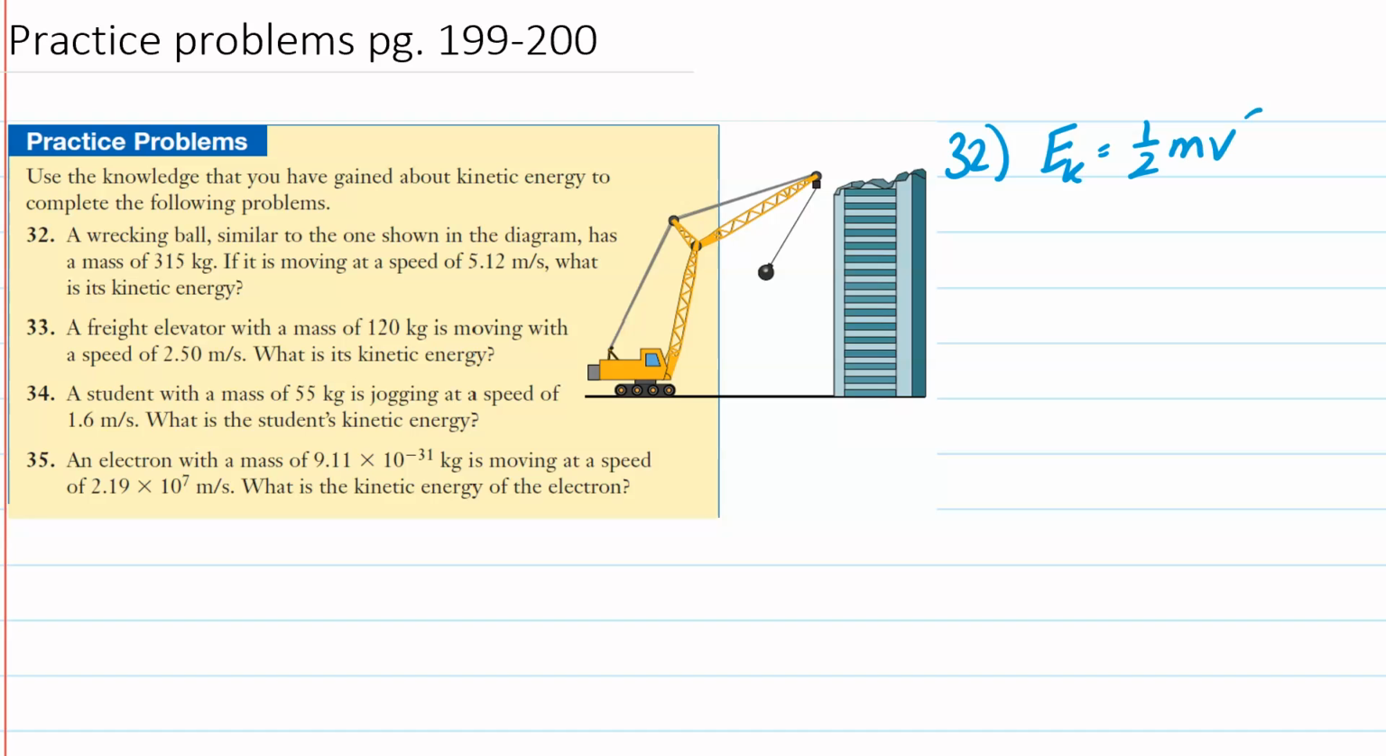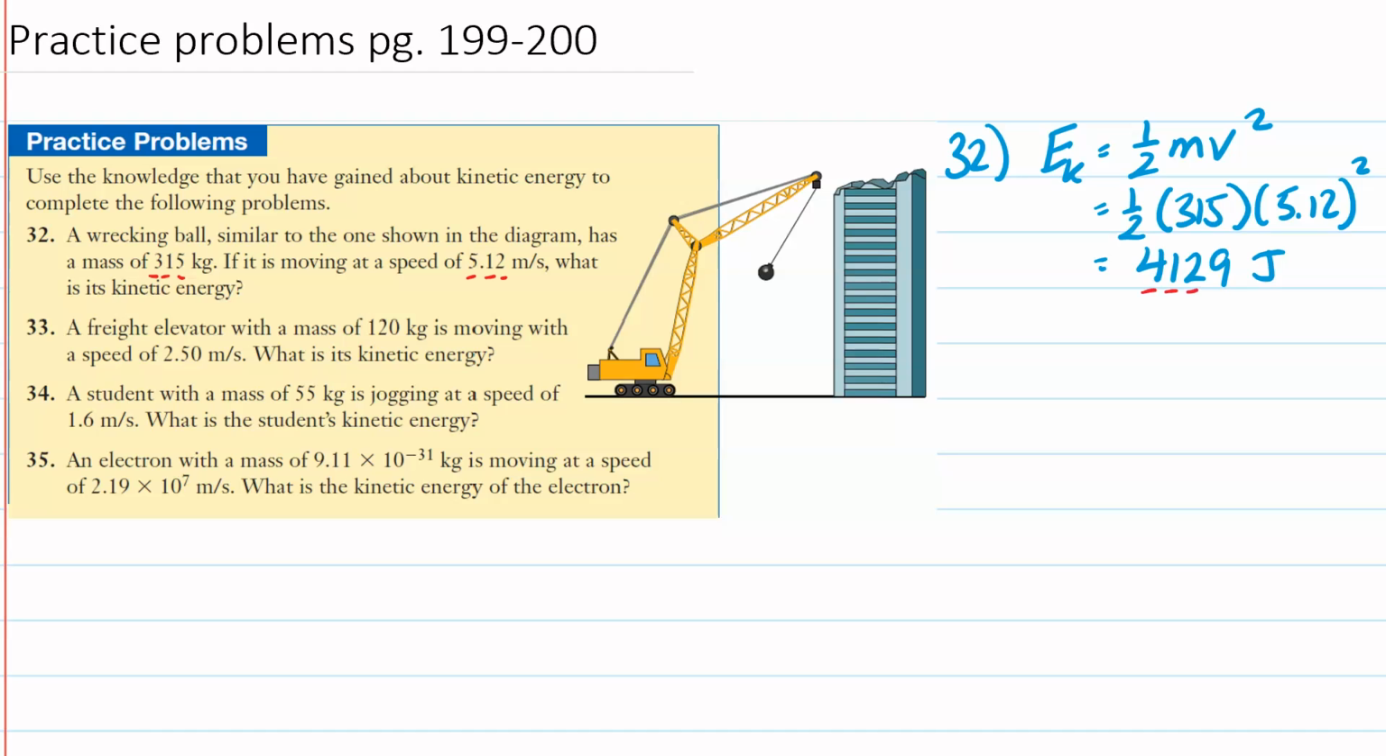1/2 m times v squared. So that equals 1/2 times a mass of 315. And then we take 5.12, which is the speed, and we square it. That equals 4,129 joules. But looking at the sig digs of the problem, 1, 2, 3, 1, 2, 3, our final answer